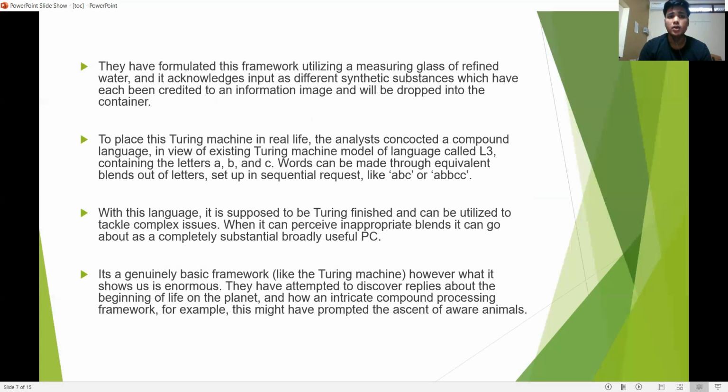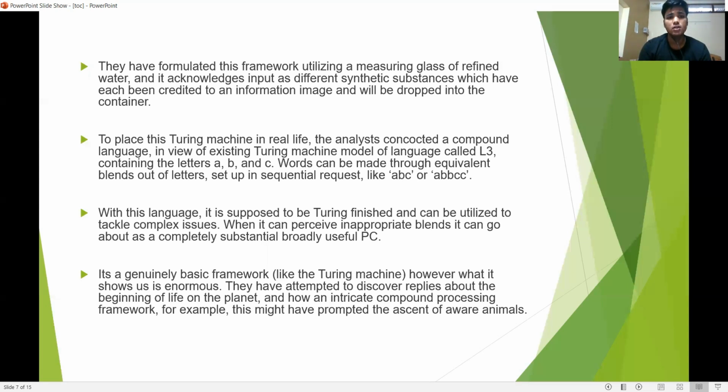They have formulated this system using a memory class of distilled water, and it accepts input as different chemical substances which have each been assigned to an input symbol and will be dropped into the container. To put this Turing machine into real life, the researchers devised a chemical language based on the existing Turing machine model of language called